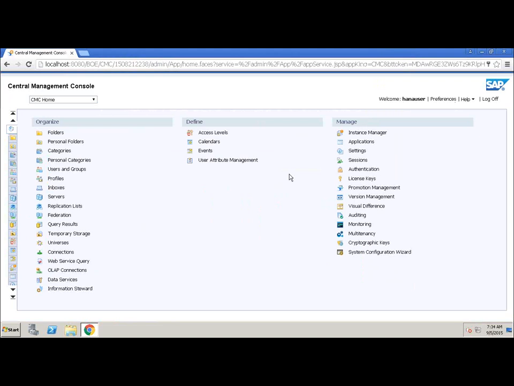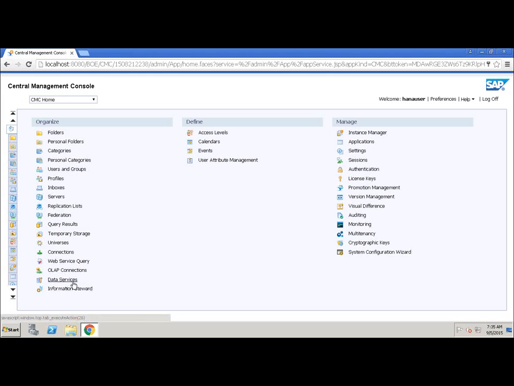So here is my central management console, where most of the functionality of this management console lies, dedicated for the business intelligence solution given by SAP called SAP Business Objects Business Intelligence. But it does have functionality supported for other Business Objects tools that lie in the Business Objects category, like you can see at the bottom, we have Data Services and Information Steward